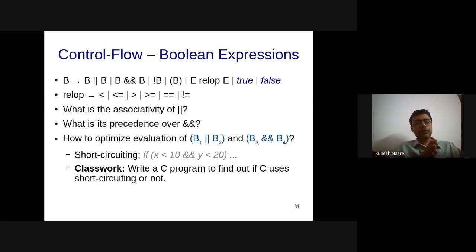It's not necessarily that it will happen from left to right, or that all the expressions will get evaluated. For example, if this is a function call f of y less than 20, then whether f of y is going to get evaluated just after x less than 10 is done, or before any of these conditions are satisfied, that also needs to be specified in some way.